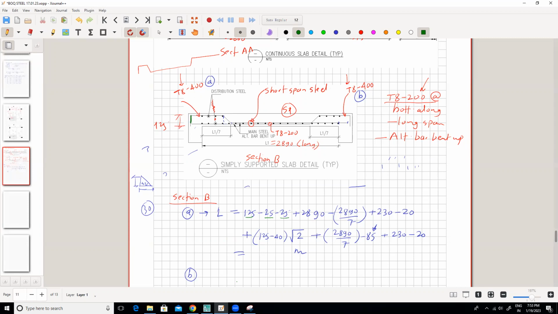Then 2890 अभी मैं यहाँ से स्टार्ट कर रहा हूँ, ये छोड़ दिया मैंने पहले, दिस वन आई एम कीपिंग। सो 2890 डिवाइड बाय 7, L/7। ये वाला मेरा लेंथ, स्ट्रेट टिल दिस पॉइंट। दोनों साइड L/7 नहीं, वो अलग बार है ना, वो B बार में आएगा सब। B बार नहीं निकालना, ये सिर्फ एक बार है, सिंगल। बाद में प्लस 230 माइनस 20 मतलब ये वाला। 230 बी बीम का डेप्थ है, ये बीम की विड्थ माइनस। ये वाला डिस्टेंस, राइट।